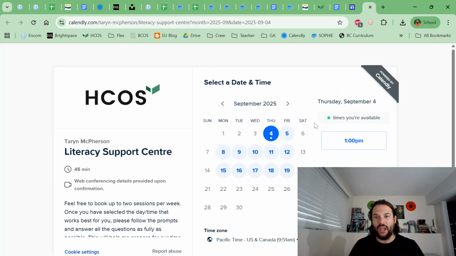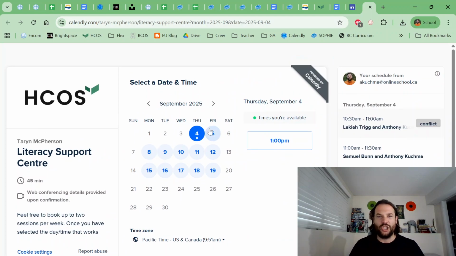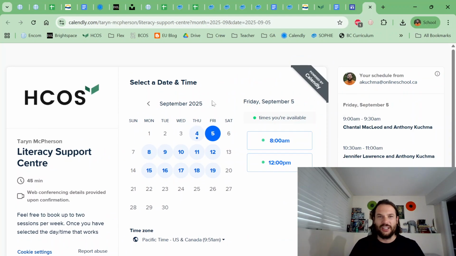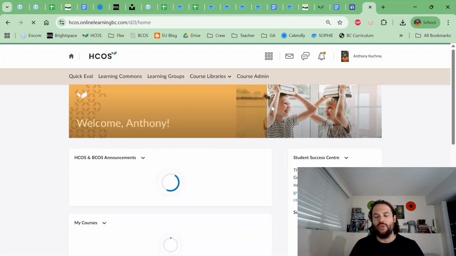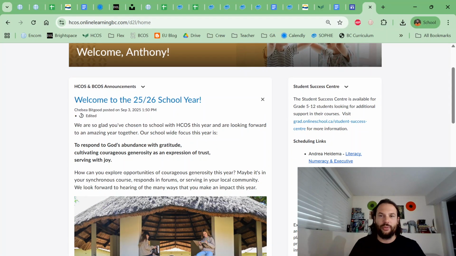So today is Thursday. She literally has a spot at 1 p.m. if you wanted to book today. Most of you probably aren't going to be watching that day, so you could go to Friday and you can see some that are there. It's a pretty cool feature. So that's just something that you can take a look at and find out more, all in that top right corner.